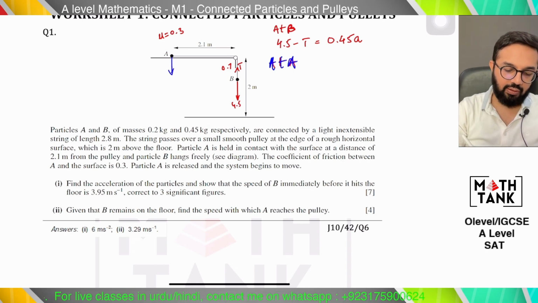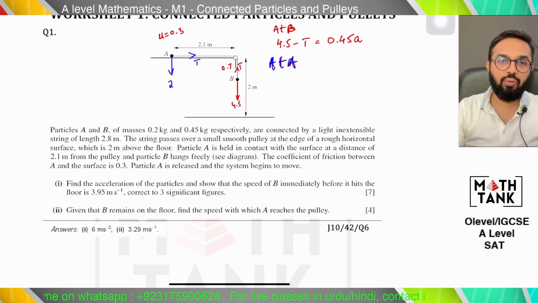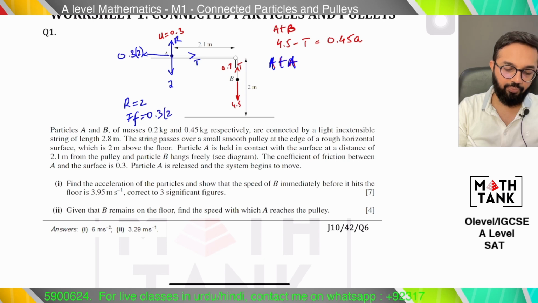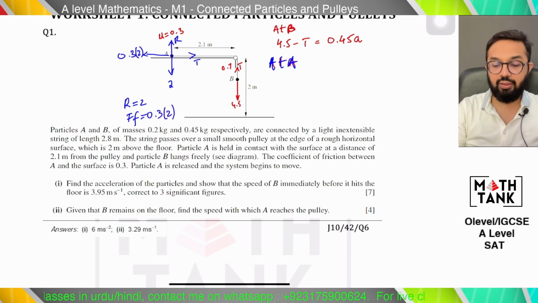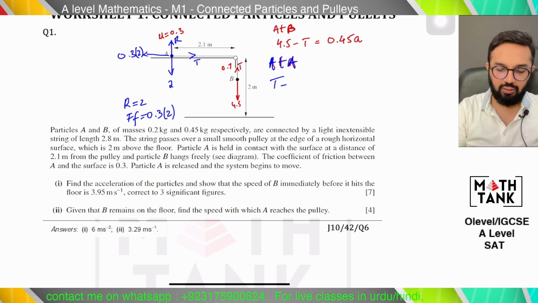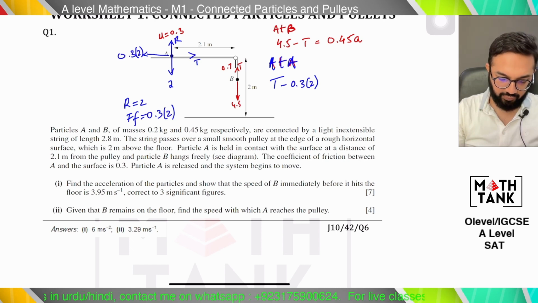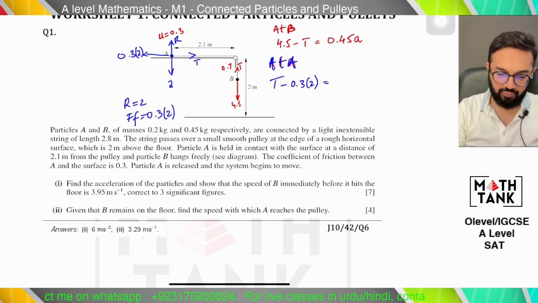Let's draw the forces. There is a mass of 2, a tension of T, 0.3 into 2. Why 2? Because R is going to be 2. Okay, so R is 2. The frictional force equals 0.3 into 2. So I'm going to say that T is going to drive the particle. There is 0.3 into 2 resisting the motion. Okay. Is there any other force resisting the motion? No, there's no other force resisting the motion. So I'm going to say that this becomes